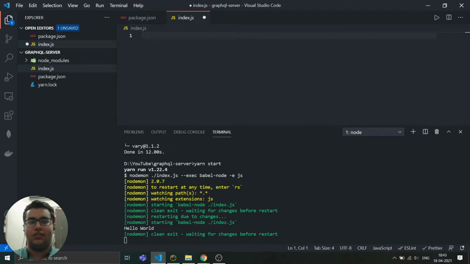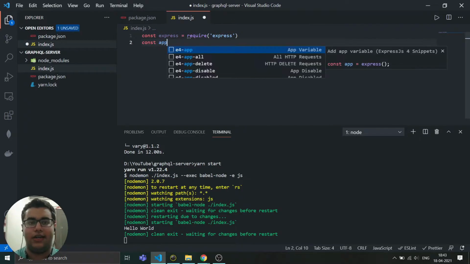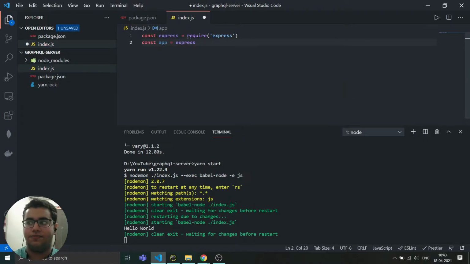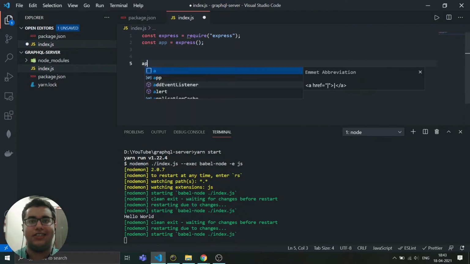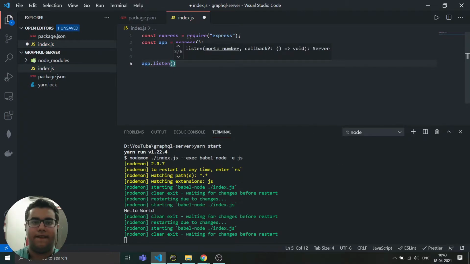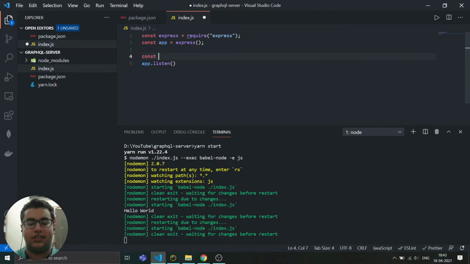So in this, first of all, we are going to create an express server. So we are going to import express from express. Then we are going to create an app from express, and now to start listening at a port, we are going to add app.listen, but first let's create a port.